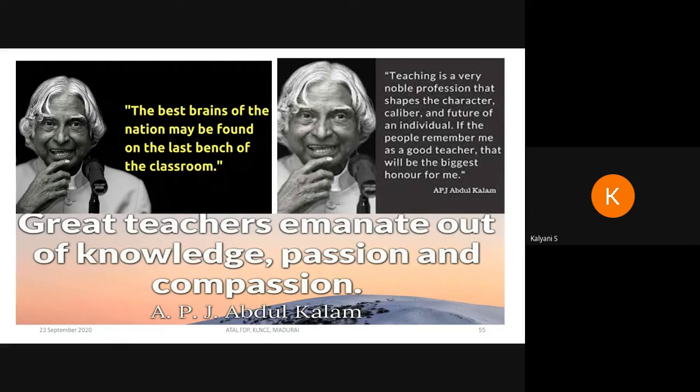As Dr. APJ Abdul Kalam tells, teaching is a very noble profession which shapes the character. So we teachers are more responsible for the development of our nation because we are producing students every year, engineers every year. Let us see that we produce good citizens to the society, so that they contribute much better for the growth of the nation. Let the students have a positive attitude. Let us inspire them.